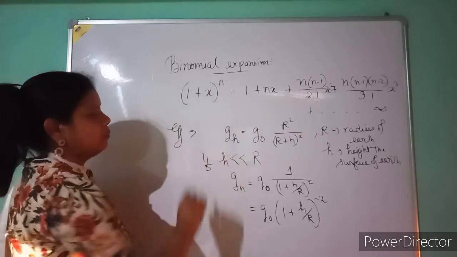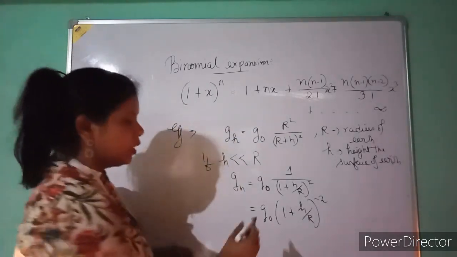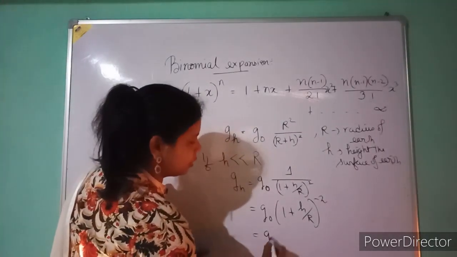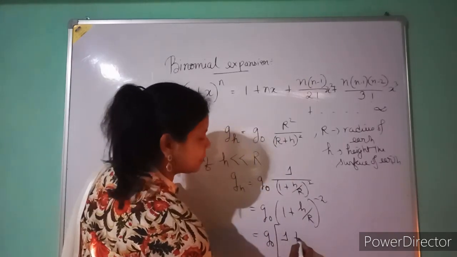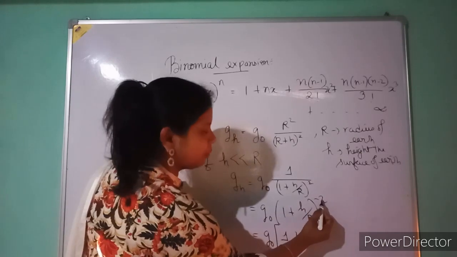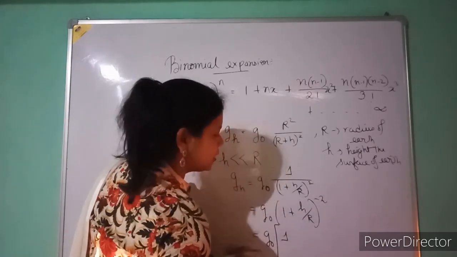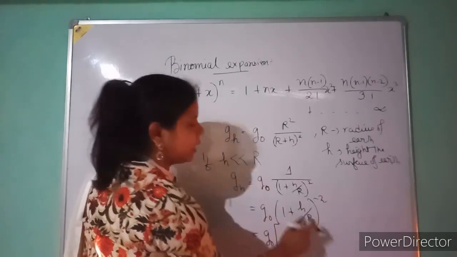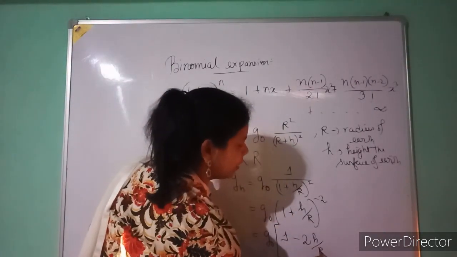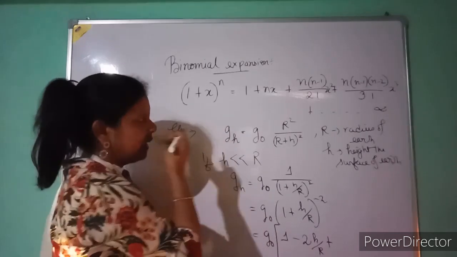Now I will use the binomial expansion concept. Here I will write g naught within bracket. The first term is 1. So according to expansion, plus n into x. n is minus 2, so instead of writing plus, I can write minus 2. Then x is here h by R, so I will write h by R. Then plus, what will happen? Then n